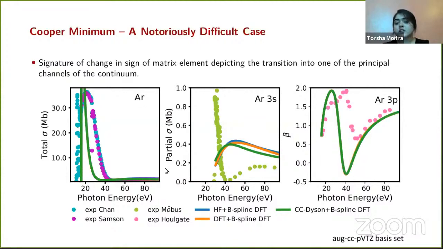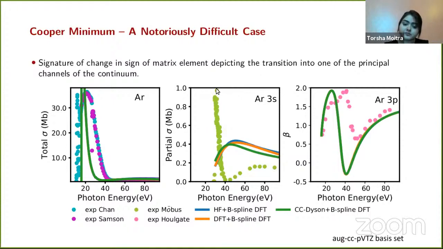Due to electron-electron interactions and coupling between the argon 3p and the 3s channels, a Cooper minimum is also experimentally observed in the partial photoionization cross-section of argon 3s, which is shown here by the green dots. But the B-spline DFT approach lacks correlation in its treatment of the continuum. So we don't capture this process. Somehow, we have to include in our treatment interchannel coupling effects to capture the Cooper minimum in the argon 3s